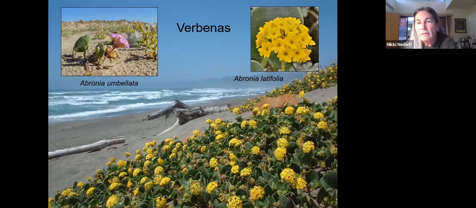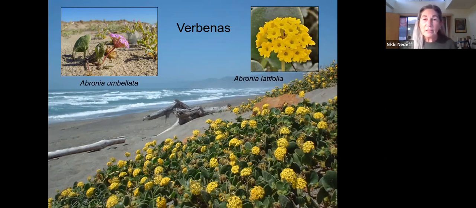We have pink verbenas and yellow verbenas, with inflorescence types that are umbels, all these individual petal cells joined at a particular location, with deep, thick, tuberous roots that anchor these spreading plants to these shifting sands, anchor these low, prostrate, spreading plants, getting them out of the wind, helping them cover these loose sands and